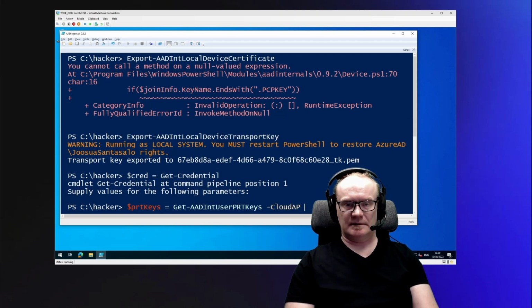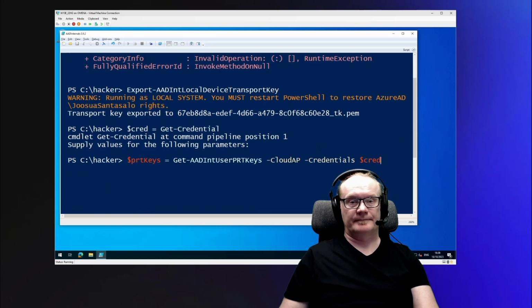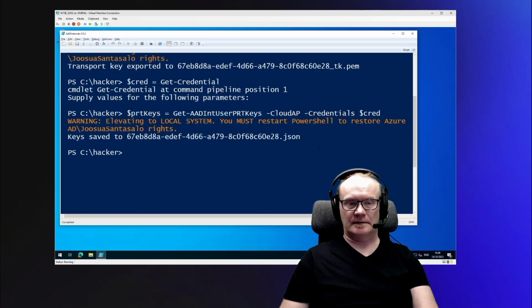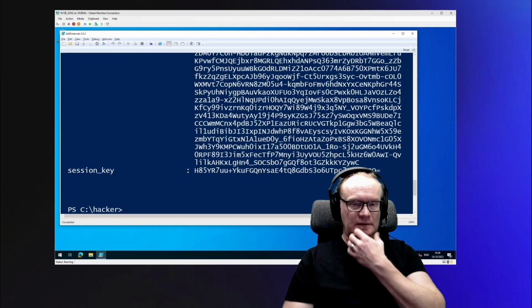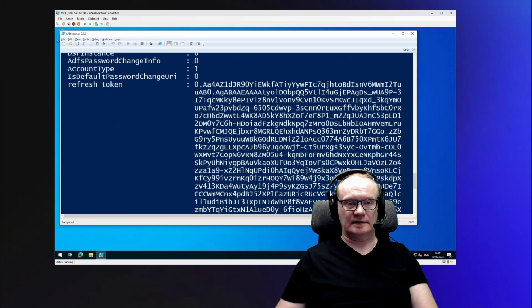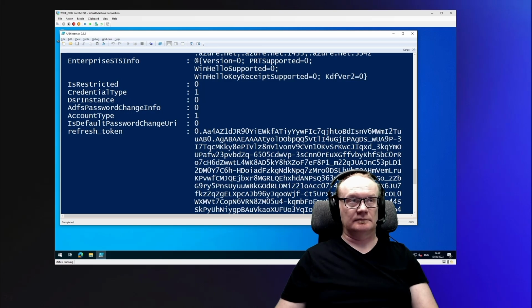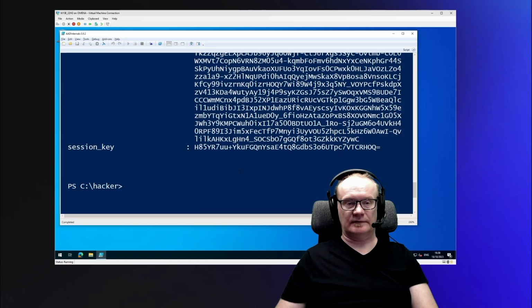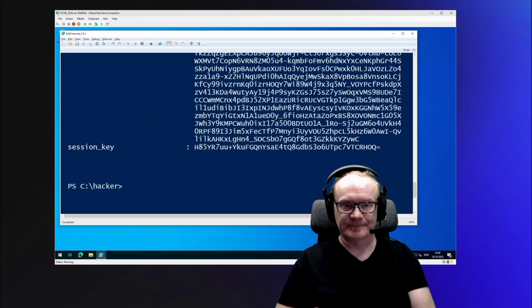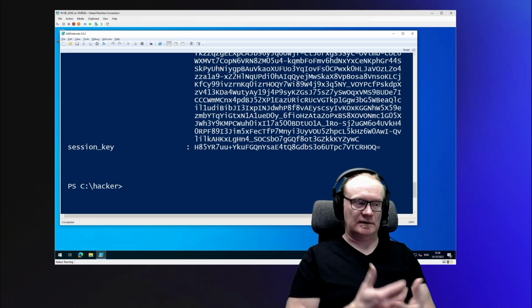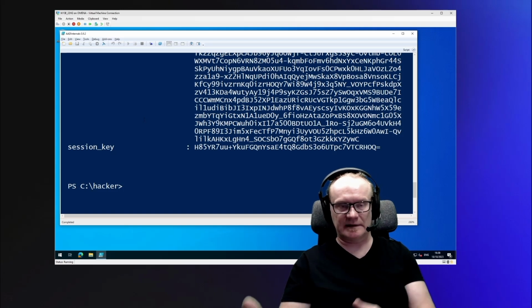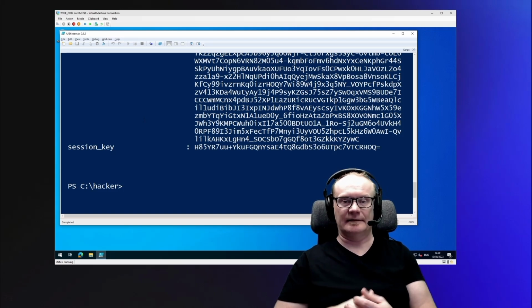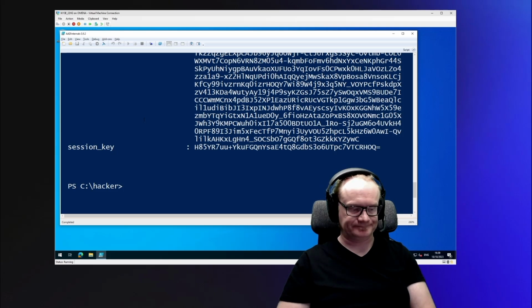The Cloud AP can provide credentials like this, and then we took them. So they are in the Cloud AP cache, and there you can actually get the token and then the session key. And with those, you can get them offline. You can request a PRT token, or you can create a PRT token, and with the PRT token, you can get an access token, and those fulfill that